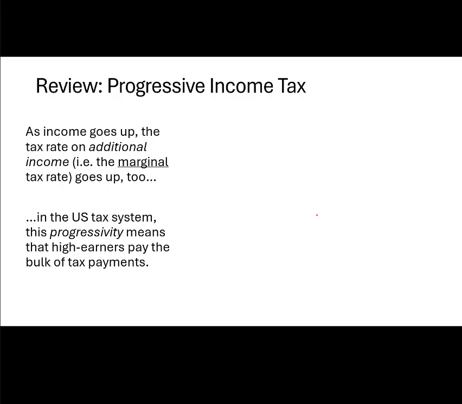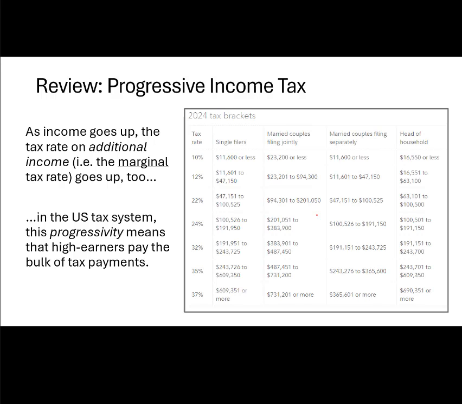So what this means in a progressive system, and this is very intentional, is that your high income earners pay the bulk of the tax payments. And I'll show you data on that here in just a minute. But first of all, let's just look at how the tax brackets are currently structured. I'm recording this in May 2024. And here's how our tax brackets are structured as of 2017, when President Trump implemented his kind of tax plan. We'll talk about that more in a second. The Tax Cuts and Jobs Act, called the TCJA, of 2017, right?